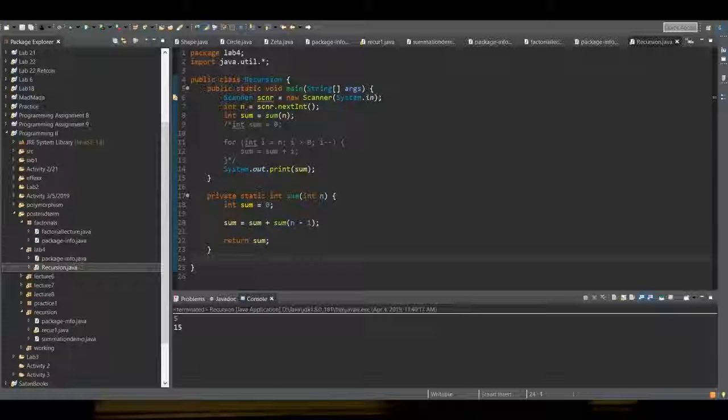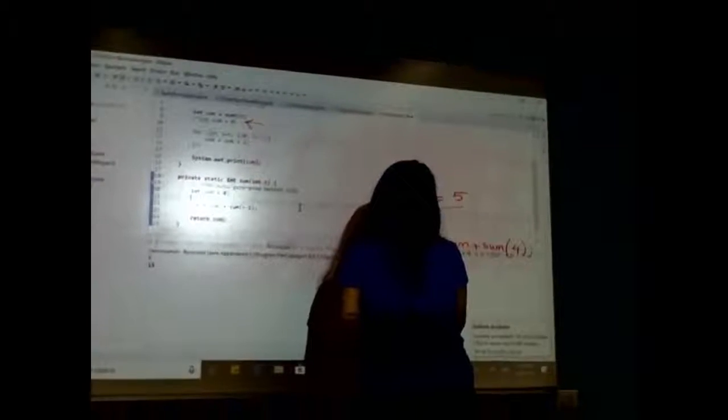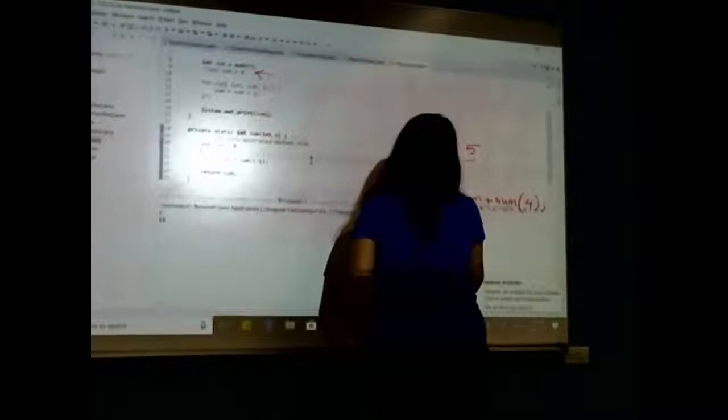And inside my function, I'm saying sum of n minus 1. So I'm passing 4, right. So the initial value of sum is going to be 0. So now my sum